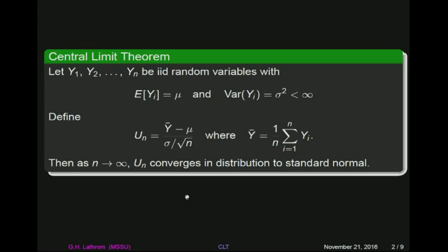So if we stop and think about it, that's really a very, very powerful statement, that it really doesn't matter what my distribution looks like on my random variables. If I do this transformation on them, it's going to look like a member of my Gaussian family, which is really kind of an amazing thing. We go from a distribution that could look like anything, and we end up with something that looks standard normal. So the central limit theorem is probably one of those really powerful theorems that